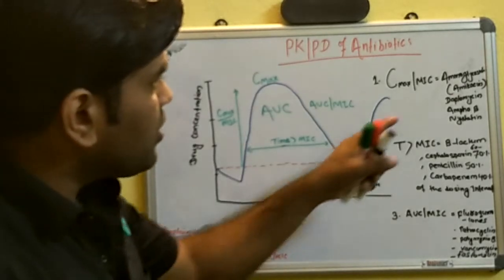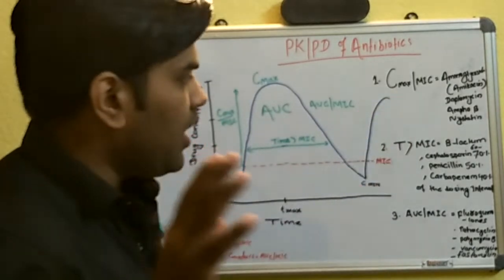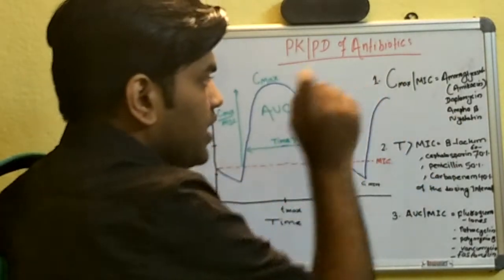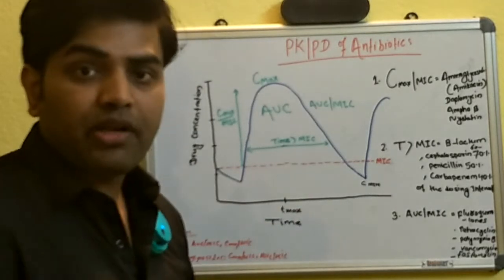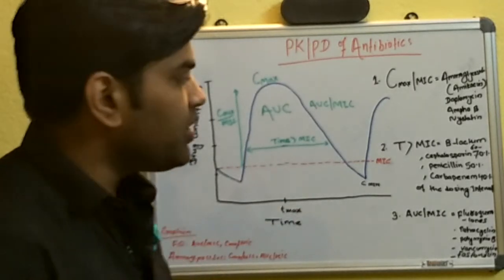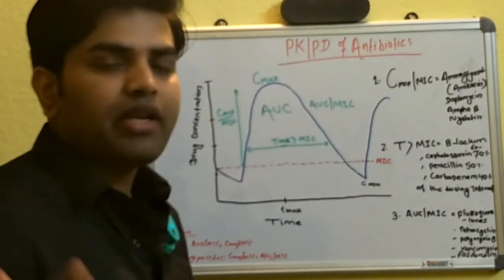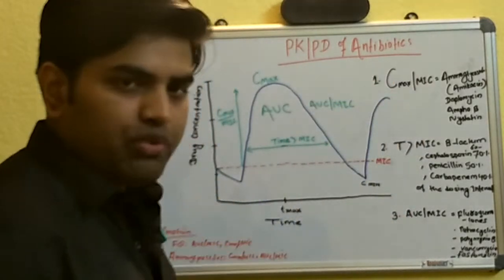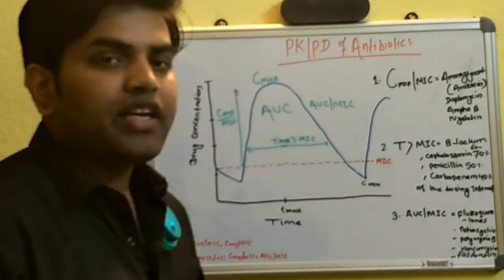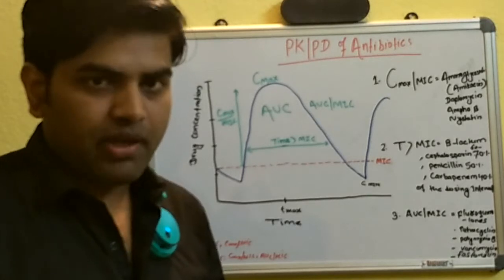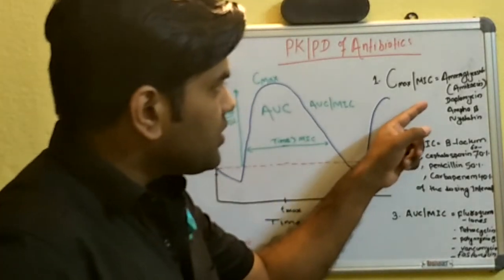Okay, so you have understood that if you are giving amikacin, you use a higher dose. If you are using daptomycin, you will give a higher dose, that is 6 to 10 mg per kg body weight. For amphotericin B, you can use 5 to 10 mg. Normally we give 5 mg per kg body weight, but 10 mg per kg body weight can also be given. The important concept is this: